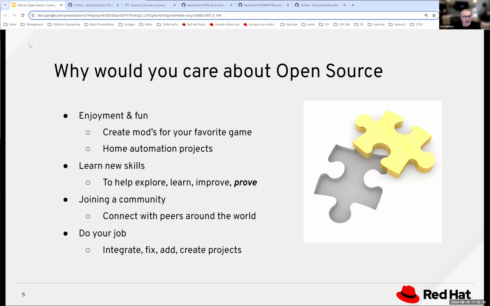So why would new developers even care about open source? Well, there could be a few different reasons. One, you might play a video game like me, and there are mods for that video game, and they're shared, very often up on GitHub, and you can collaborate and create your own mods, right? Or maybe your own projects you have at home. My COVID project was that I worked with an open source project that tracks airplanes using an antenna and a Raspberry Pi. So there are different things like that.